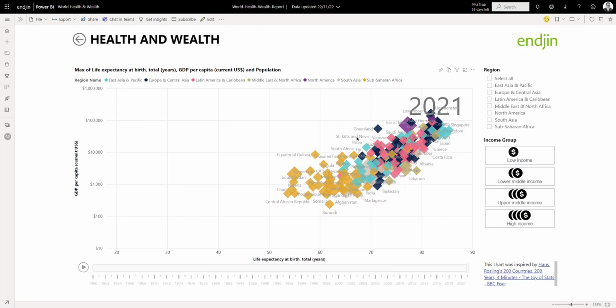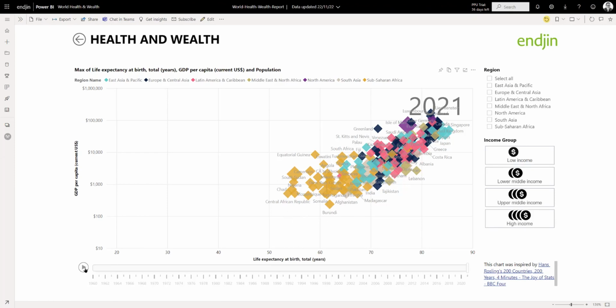So the way this works is every country is plotted on the chart. Life expectancy drives their position on the x-axis, so that's the measure of their health. So the healthiest countries are towards the right, and then wealth is measured on the y-axis using GDP per capita, so the richest countries are towards the top of the chart. So you've got the rich and healthy countries and the poor and unhealthy countries separated on the chart.